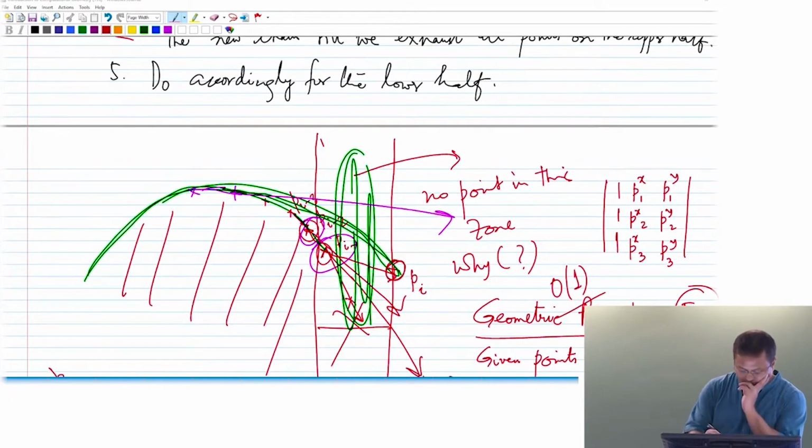So, when I encountered this point P I and I was going back through this chain dropping